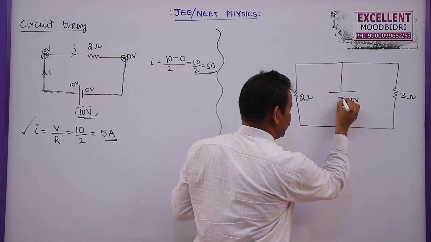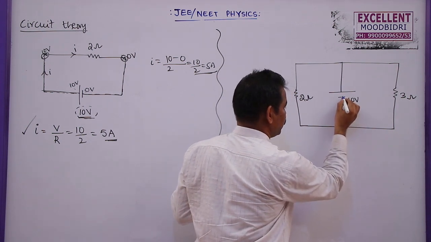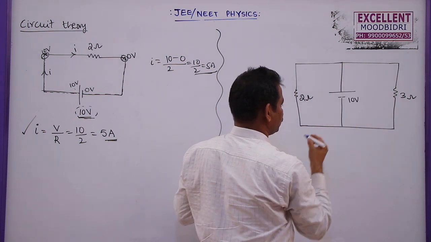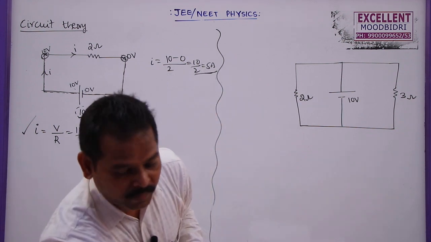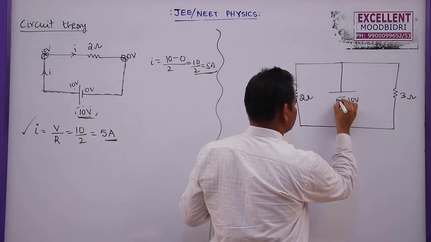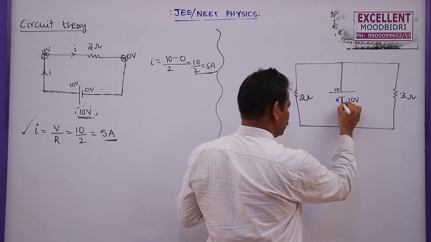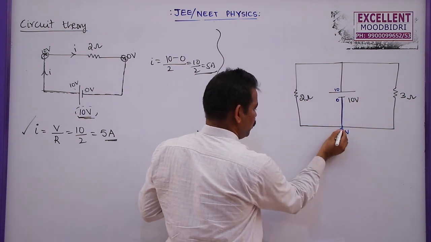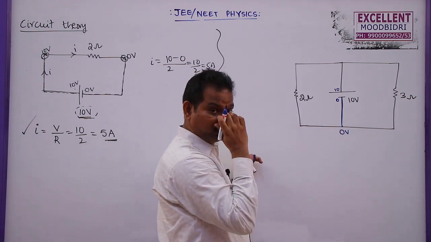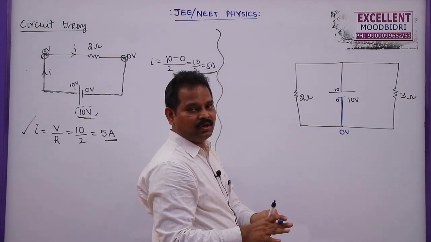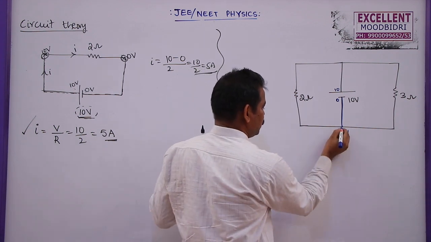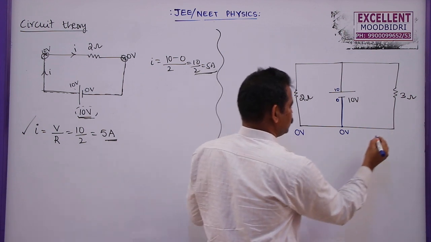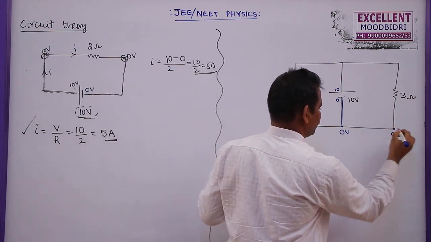This is at negative potential, the negative terminal of this battery or cell. So as it is 0, this I can take as 10 volts. So I am going to take it as 0 and 10. So this is 0, this is 10. As there is no resistance between these two, I can take this as 0 volts. Now between these 2 points also there is no resistance. If there is a resistance, potential will decrease. If there is no resistor, if these 2 points are connected with a wire, we can take the potential at this point as 0. At this point also potential will become 0.